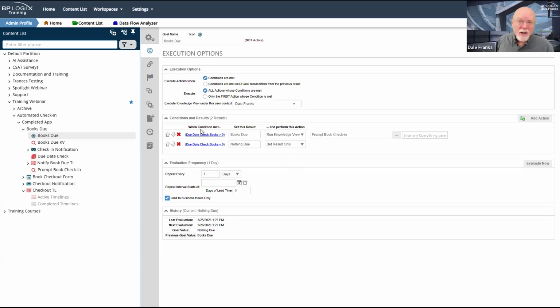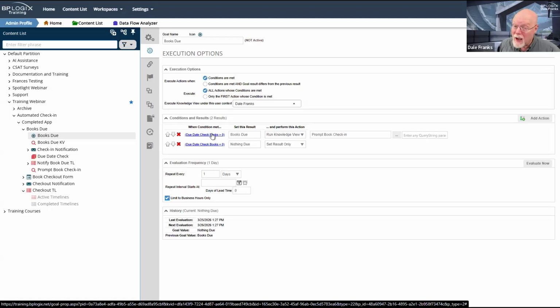Don't need to make any changes there either, because both of my conditions are mutually exclusive and I'm only going to have 2 conditions. Therefore, only one of these conditions can ever run, and every time this goal is invoked, one or the other of these conditions will always run. So it doesn't matter what I set execute for, because I've only got 2 possible things that can happen, and they're both mutually exclusive.